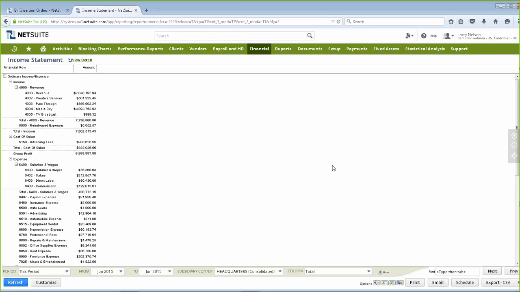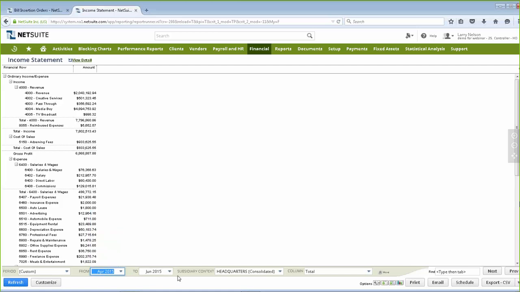So any of the reports in the NetSuite system, as I mentioned earlier, you have the ability to customize. Again, this is a non-coding reporting configuration, with the ability to drag and drop any of the fields, whether they're NetSuite inherent fields or custom fields that you've added into the application. I can then also utilize any of the fields that have already been set up, such as, let's change the date period here.